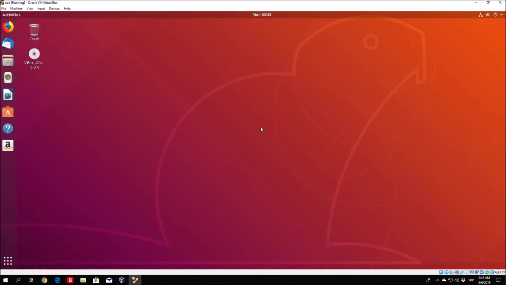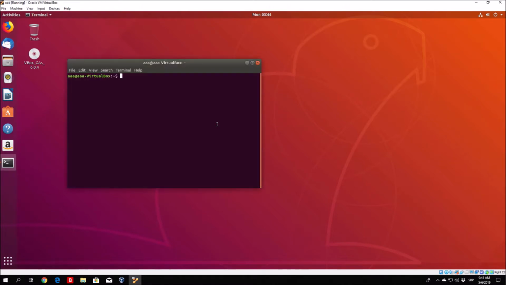So right here, all you want to do is right click on the desktop and open up your terminal. Now, terminal is basically the same as the command prompt in Windows. It allows you to execute system commands right here, and it also allows you to execute different commands such as apt-get install, which we will use in order to get Python 3 and some different programs as well. So first of all, as we did in the previous video for Windows 10, what you want to do is check